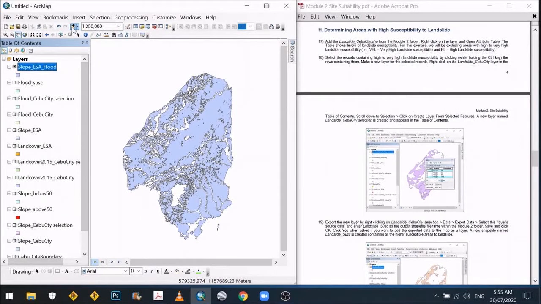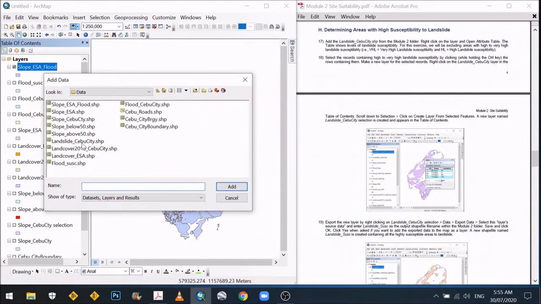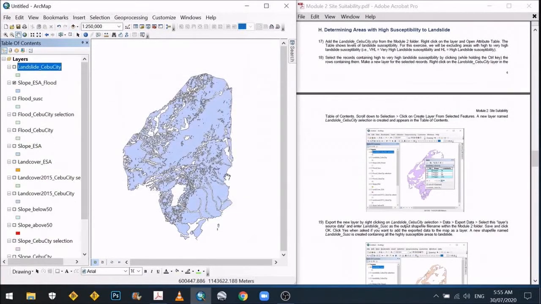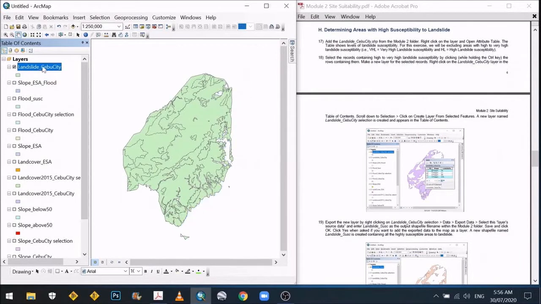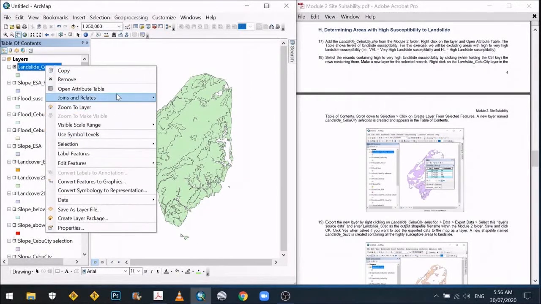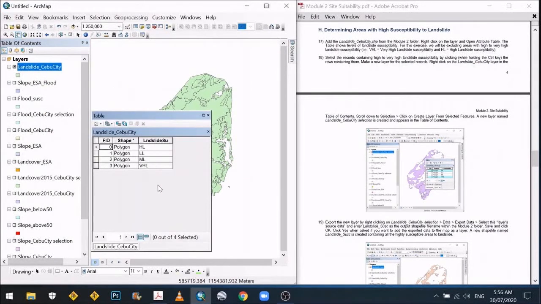Now determining areas with high susceptibility to landslide. So again, the same process, we add the landslide data set and then right click on the layer to open the attribute table, and then it shows you the level of landslide susceptibility. The same thing, very high landslide, high landslide. We're only concerned with these two classifications. So we have selected them,